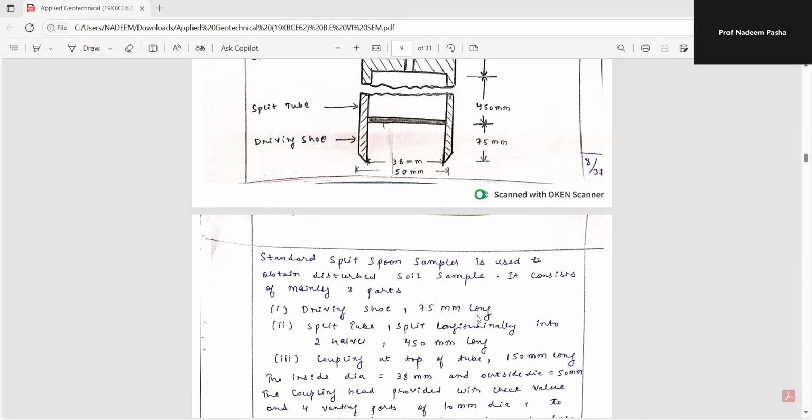Split tube, split longitudinally into two halves, 450 mm long. Coupling at top of tube, 150 mm long. The inside diameter is 38 mm and outside diameter is 50 mm. The coupling head is provided with a check valve and four venting ports of 10 mm diameter